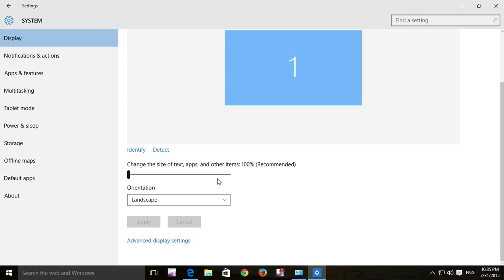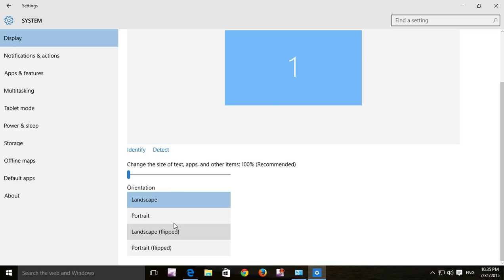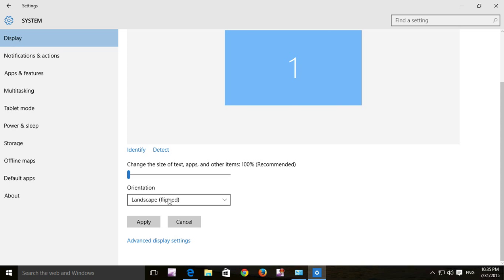This option will change the size of your text, the apps or any other items that you have in your PC. You can change it this way, or you can reset to default. You can change the orientation to portrait, landscape, and so on. I select landscape, and you can